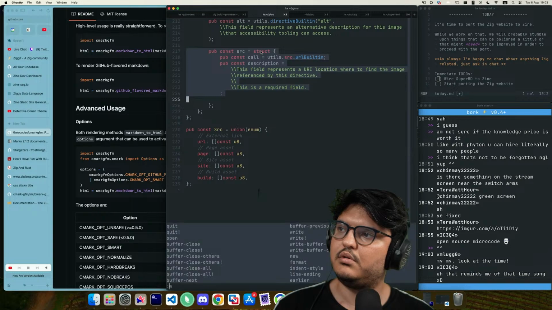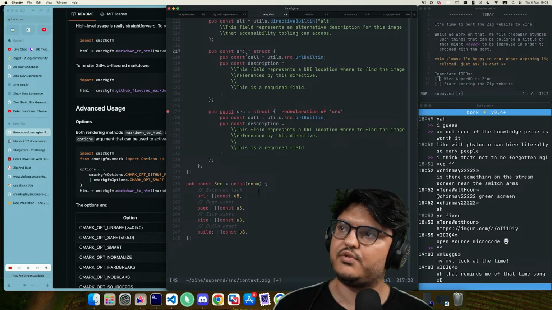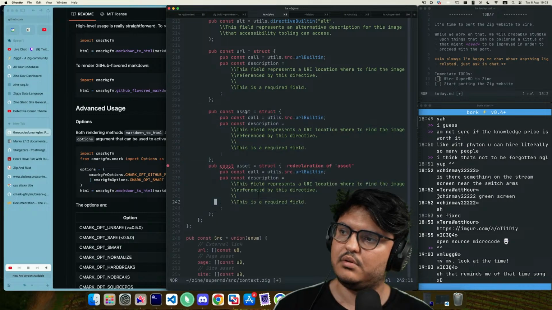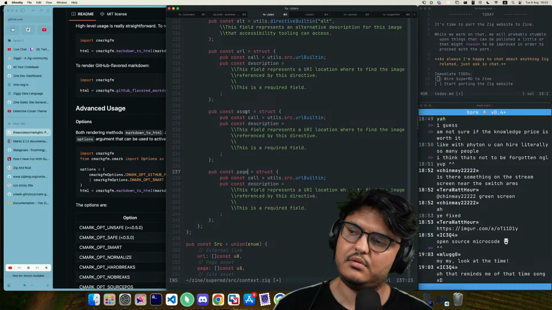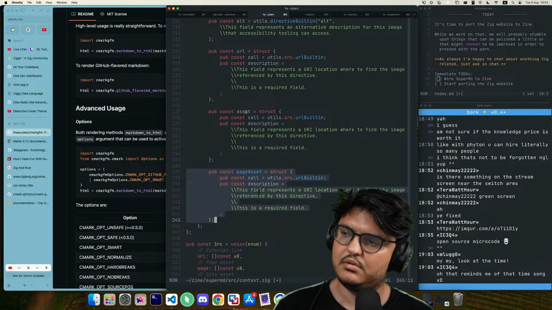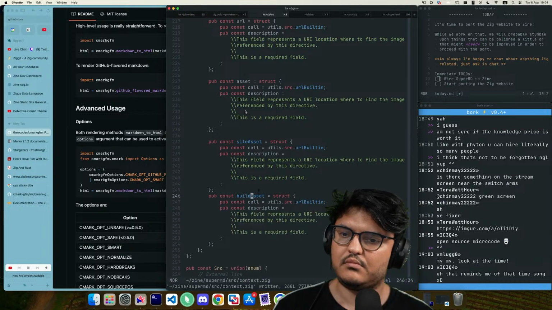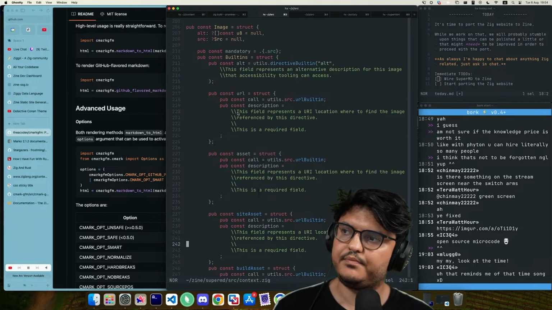There you go. And now we can do, so this is not source anymore. This is URL. Then we have asset. Then we have page asset. No, site asset, sorry, and build asset.